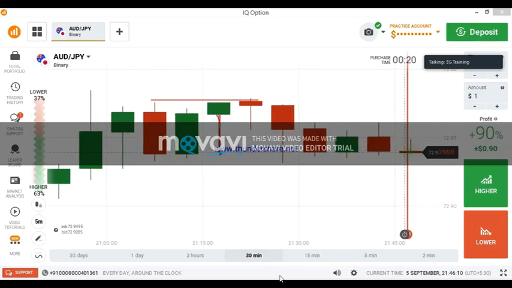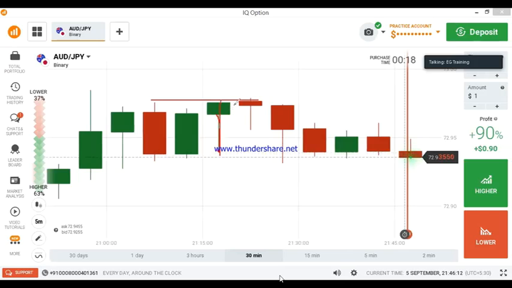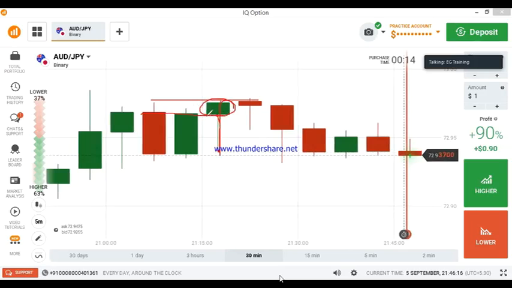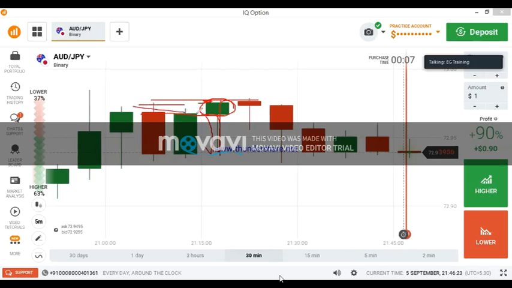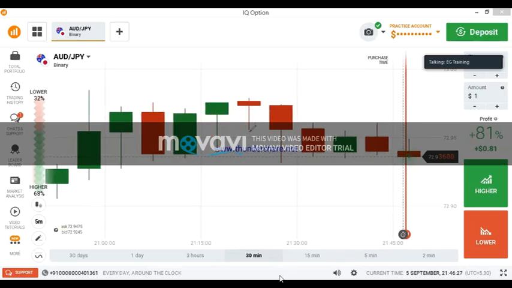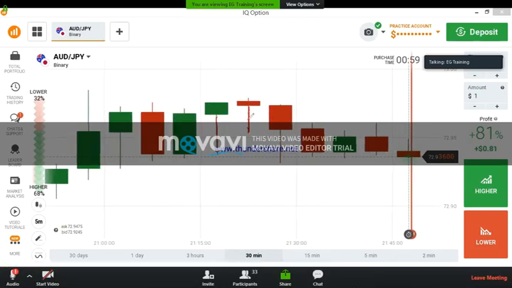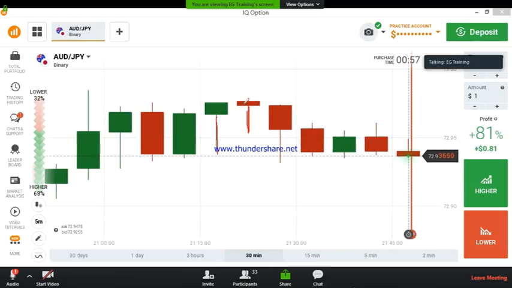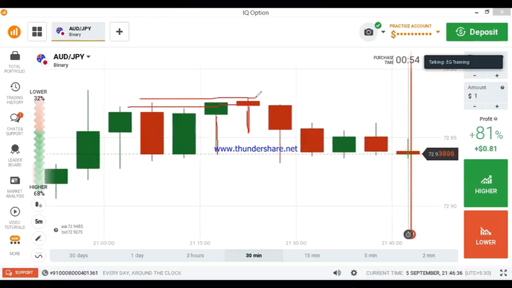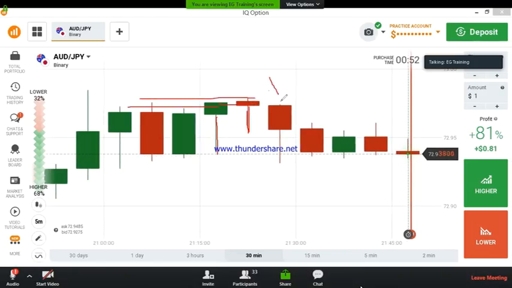There is a seller's entry and a buyer's entry again, but the candle closing point is at the seller's area. This is the seller's area because we are seeing a seller's entry in this candle from this level. The candle closing point is at the seller's area, so there is a chance for sellers to enter again. Again it was rejected by buyers. The buyers tried, again the buyers tried, but again the candle closed at the seller's area. It means again there is a chance for sellers to enter.